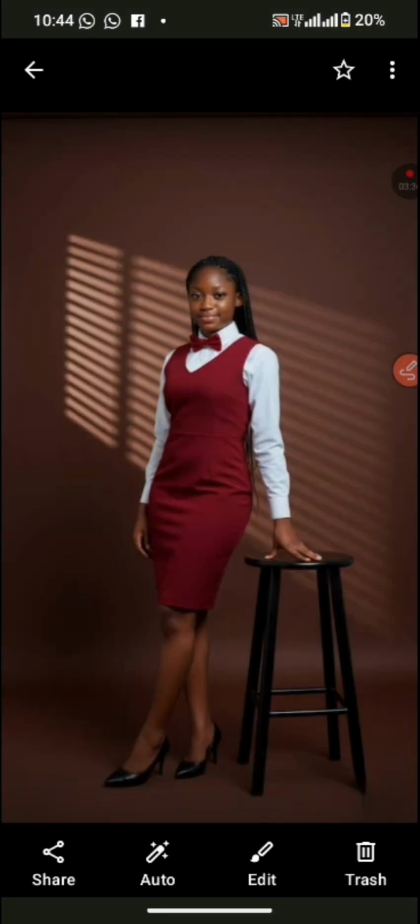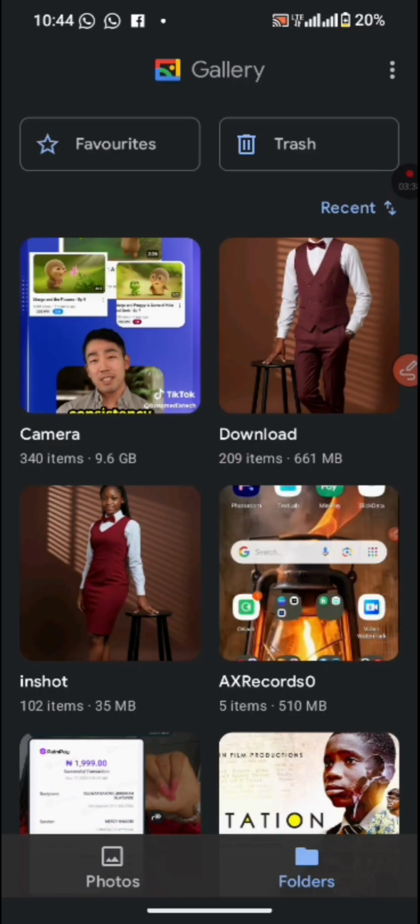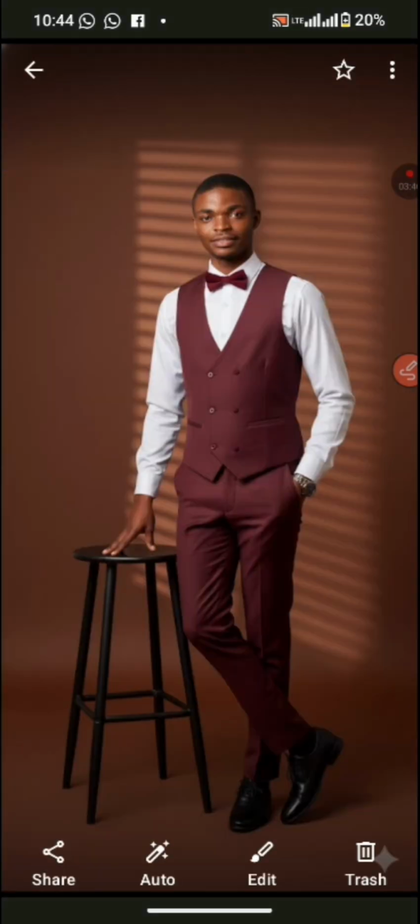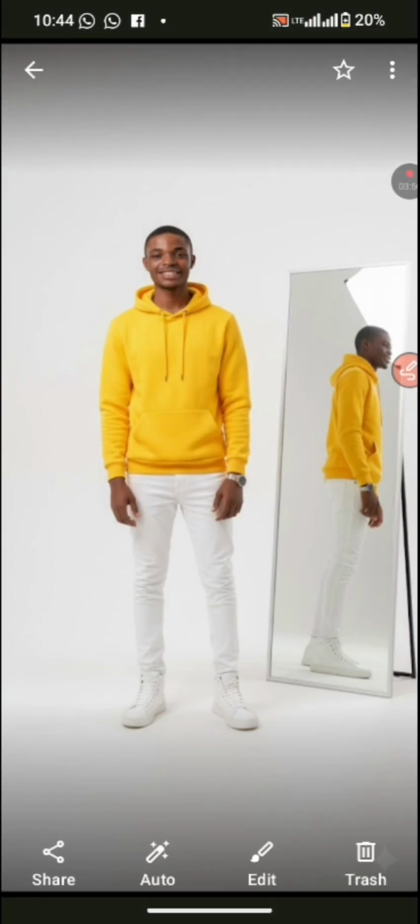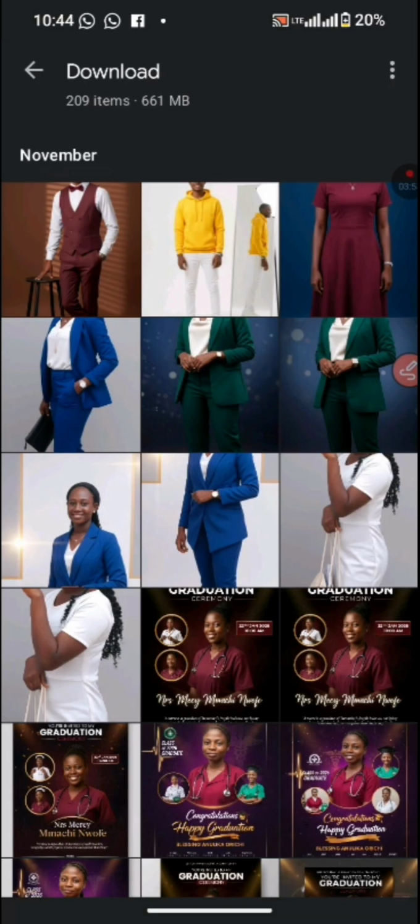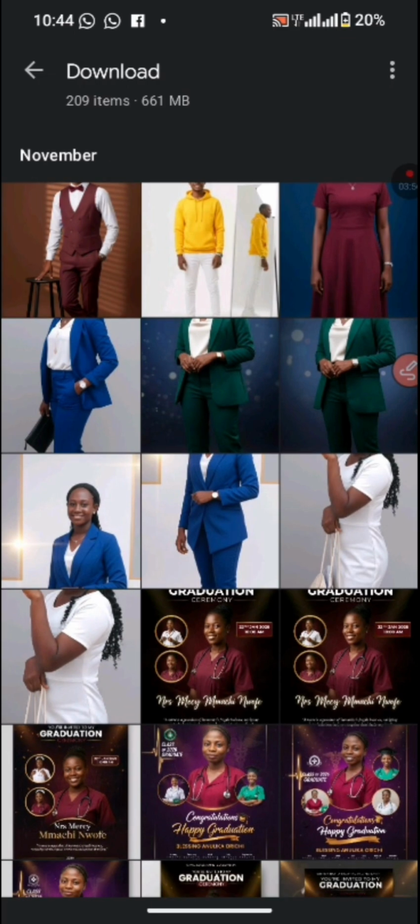So look at this image. This is the image of my friend, and then now see my own image. Is it not exactly the same? So if you look at it, you'll be like, man, what's happening? So look at it now. Look at this face and look at this face. It's not exactly same. See this face and then see this face. Now one thing you should do for me